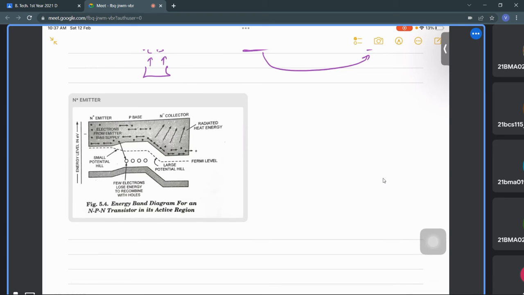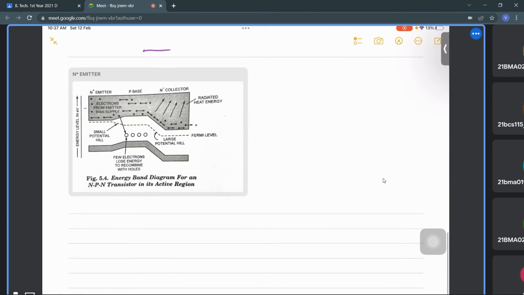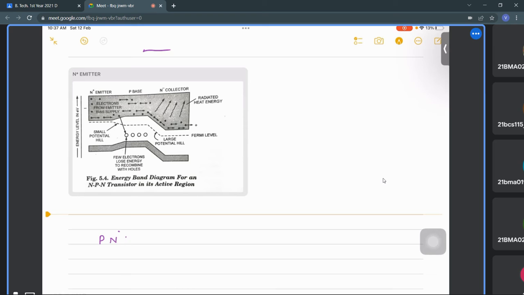I hope you understand it now. Okay? So that is how it works actually. If we discuss the same thing for PNP transistors,